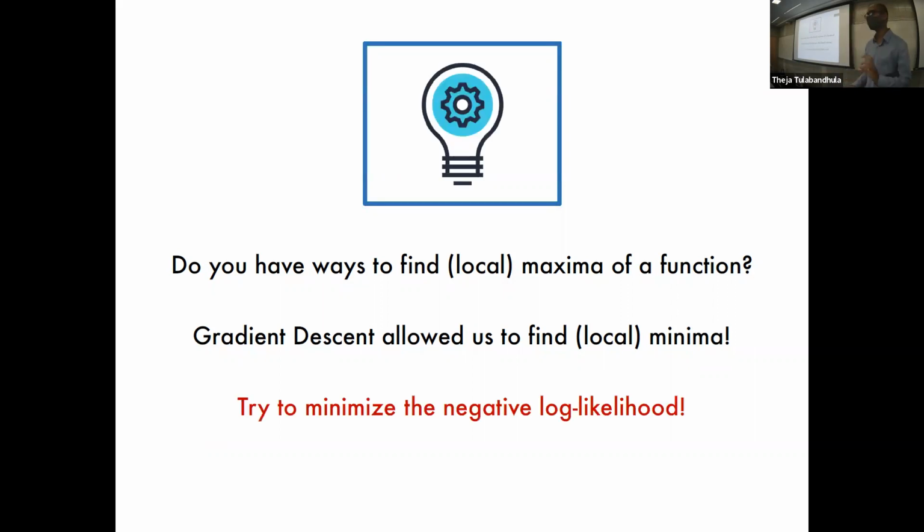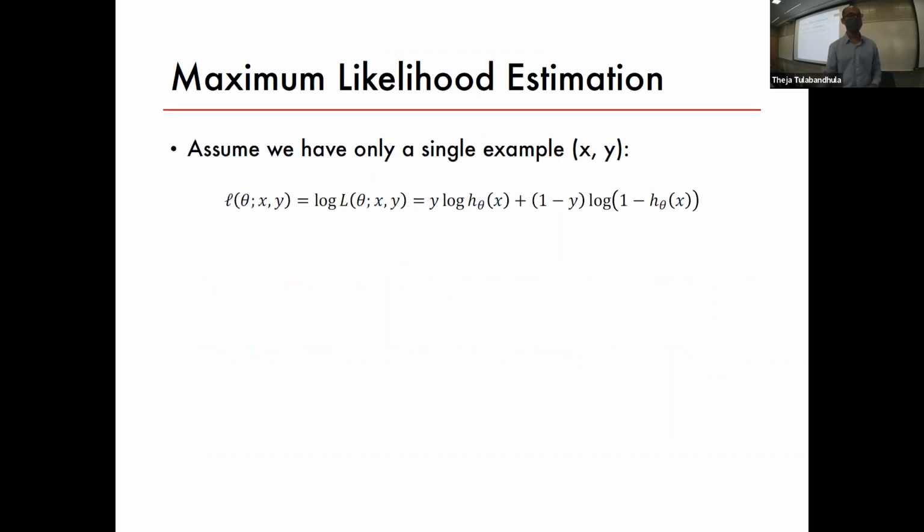So question 3 in assignment 2 is about gradient ascent, or basically, you want to maximize the function. Whichever way you do it, you can do it. Here we have written, hey, we can minimize the negative log likelihood. Okay, that's good. So the MLE, let's actually pick the generic point, x comma y. So log likelihood is just y log of h plus 1 minus y log of 1 minus h.